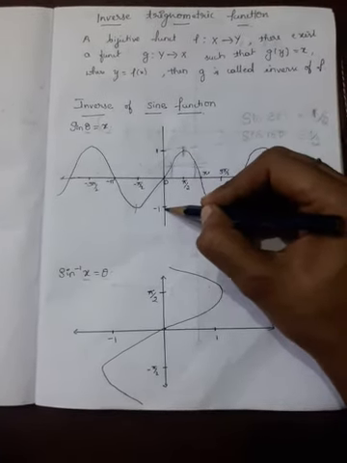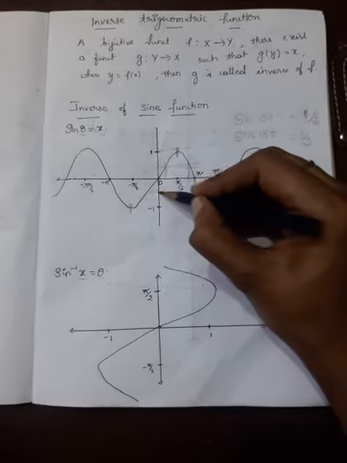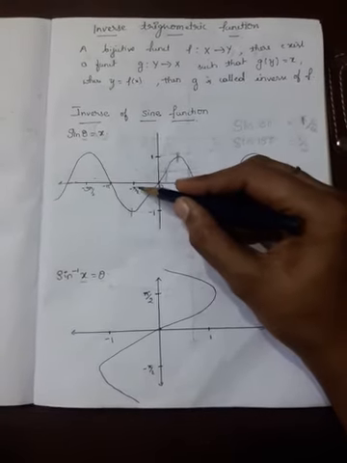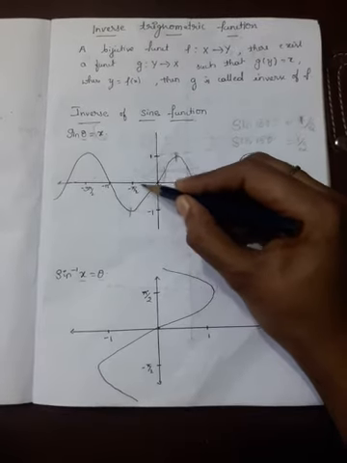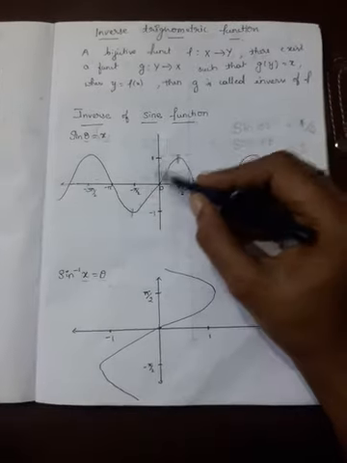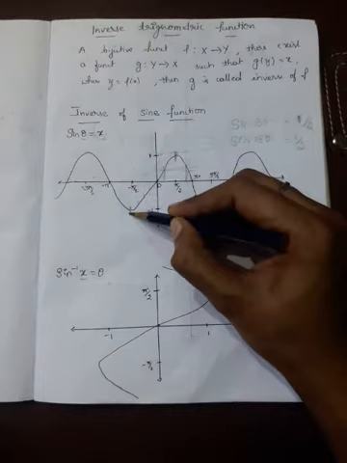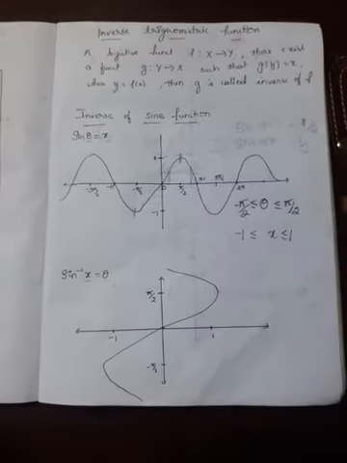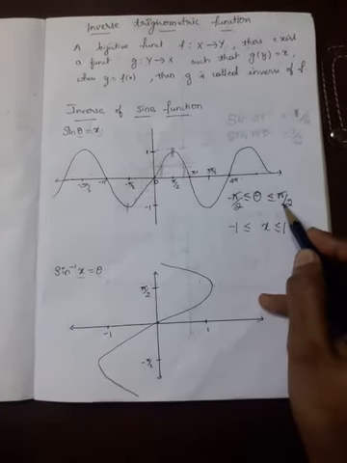The codomain value changes from minus 1 to 1. For minus 1, here is one value, here one value, here one value. Similarly for here also. And my domain value is also different. Here minus pi by 2, one value, minus 1. Here also another value, here also another value. Correct. Therefore, if I restrict the theta value from minus pi by 2 to pi by 2, I will get a different domain value for a different codomain value. Therefore, I restrict theta to minus pi by 2 to pi by 2.